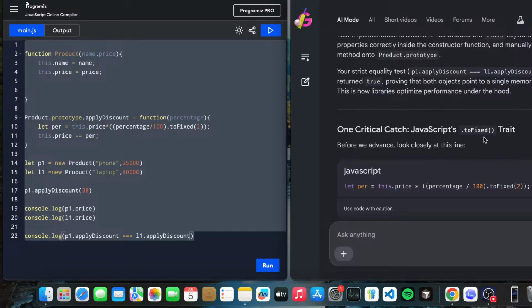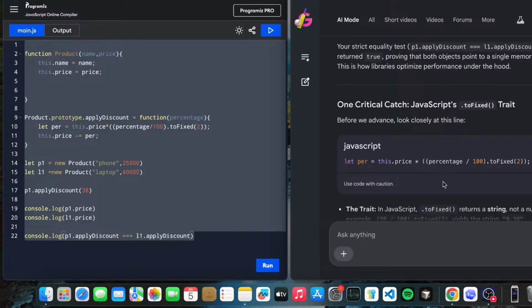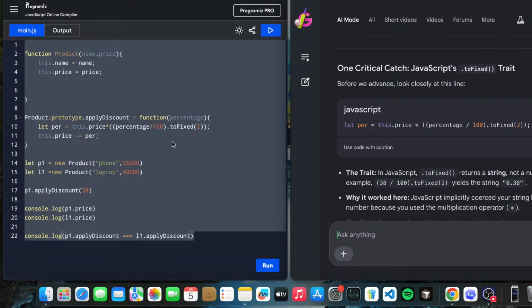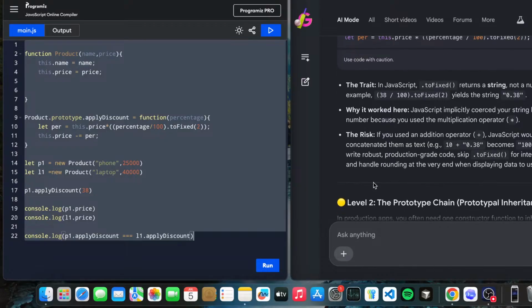One critical point: toFixed in JavaScript returns a string, not a number. For example, 38 divided by 100 with toFixed yields "0.38". It works here because JavaScript implicitly coerces the string back to a number, because you used the multiplication operator. The risk is that if you used the addition operator, JavaScript would concatenate them.